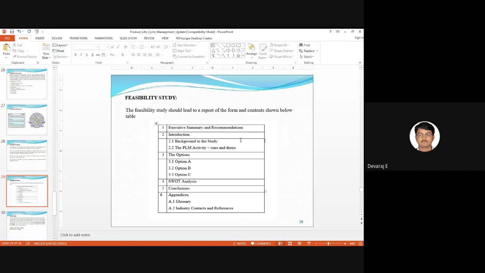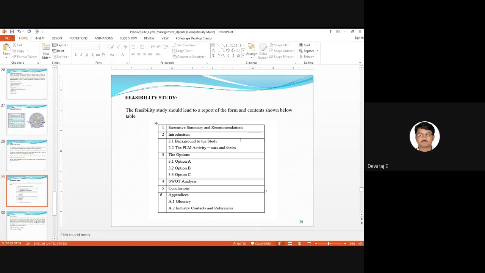For example, if he's going for a new method, he will tell the R&D team, okay, we can use the same method, because we can finish the work very fast. So he will tell us to use the same method, or the same techniques. So this is the first one, executive summary and recommendation. It's very important: one is the executive summary, getting the details from the last 2 years, as well as the recommendation. If the method they're using is very good, then you will tell them to follow the same method.